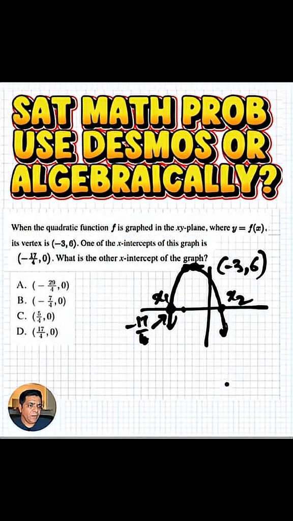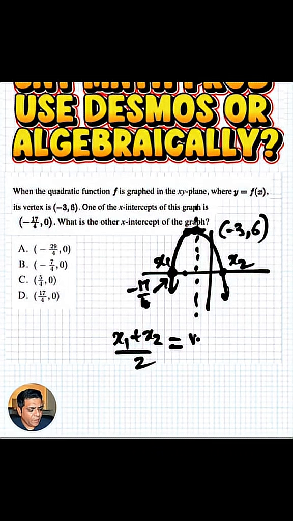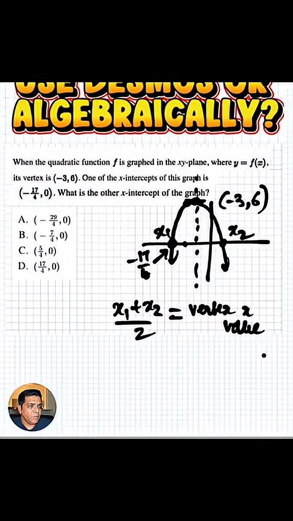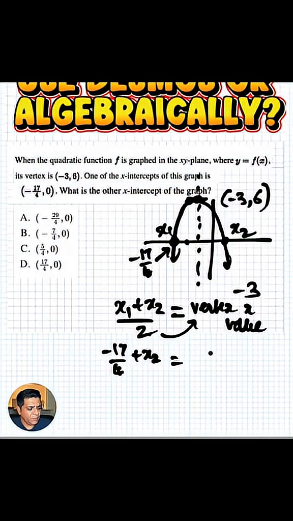Now algebraically, all we have to do is recognize that the vertex line splits the parabola into two equal halves. Essentially, x1 plus x2, divided by 2, equals the vertex x value. So we have x1, negative 17/4, plus x2, which is what we are trying to calculate. Take the 2 and cross multiply. We know the vertex x value is negative 3, and negative 3 times 2